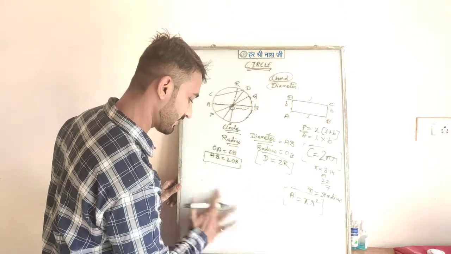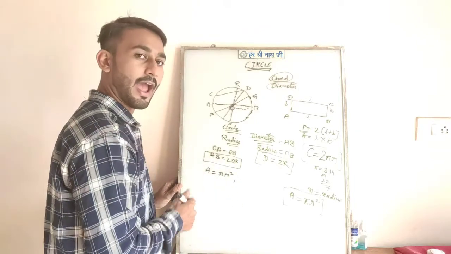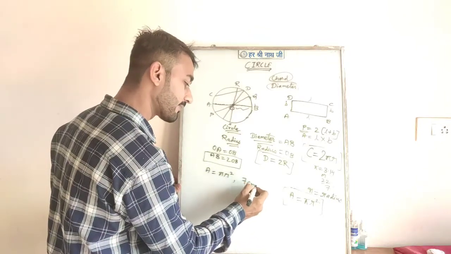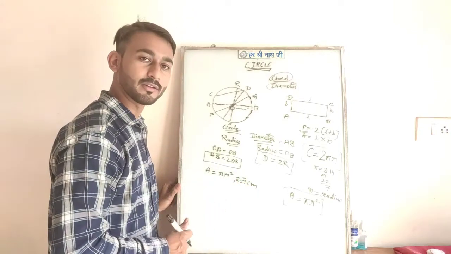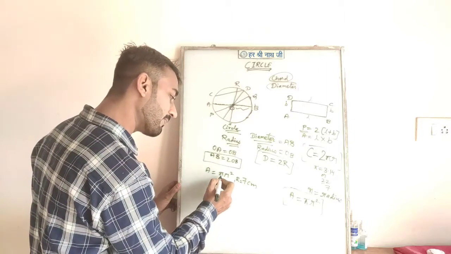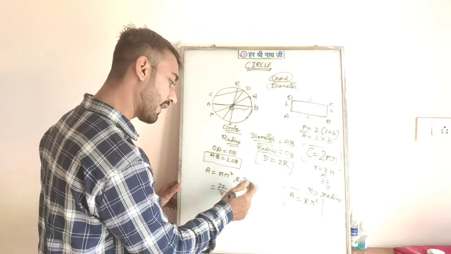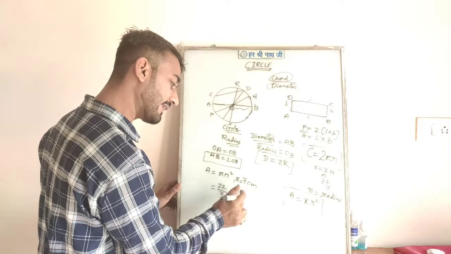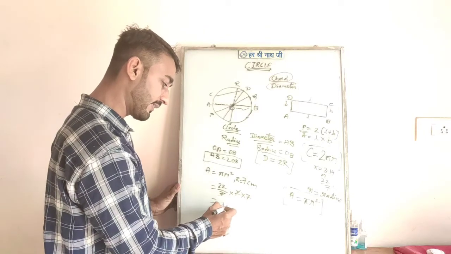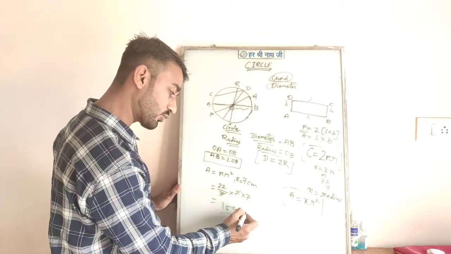Okay, so we have the formula for area, pi r square, and we want to find out the area of the circle whose radius is 7 centimeter. R is equal to 7 centimeter. So can we do it by just this formula? What is the formula? Pi r square. So the value of pi is 22 by 7 and the radius is 7. Again r square, 7 square, or I can write it as 7 into 7. Simply I'll cut it, I'll solve it, and I'll be getting 154, right? Centimeter square.